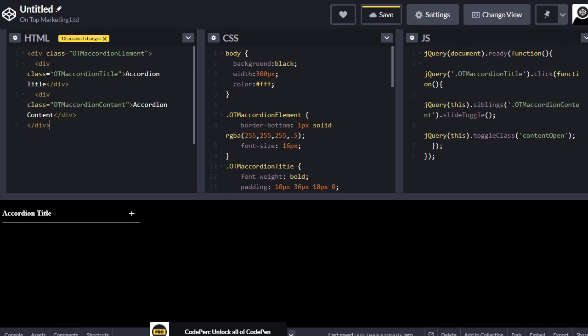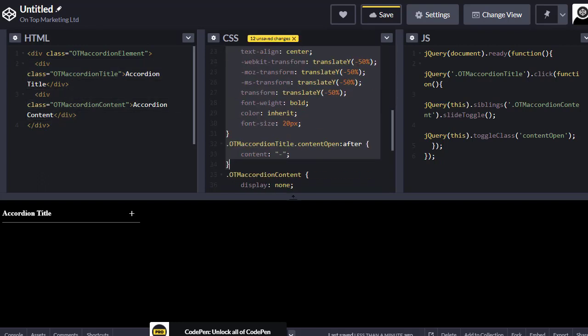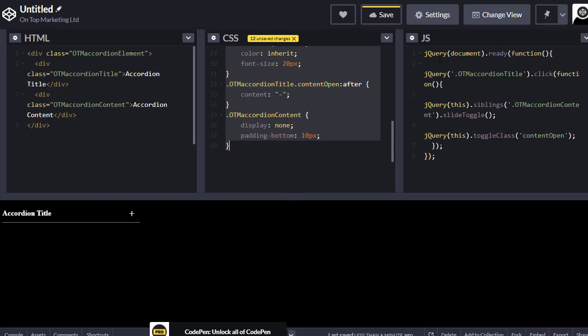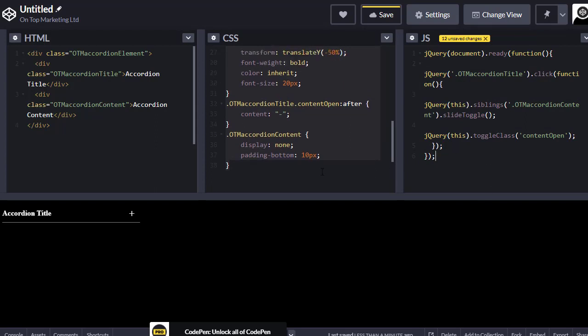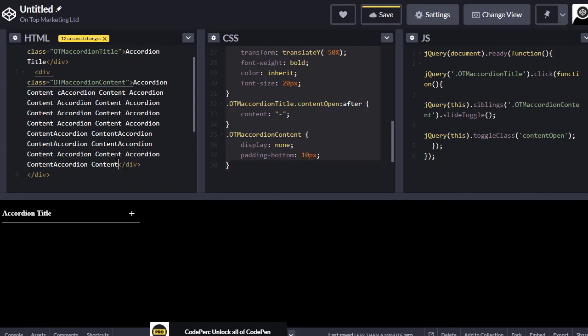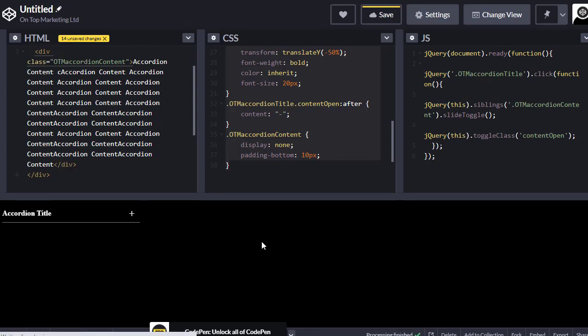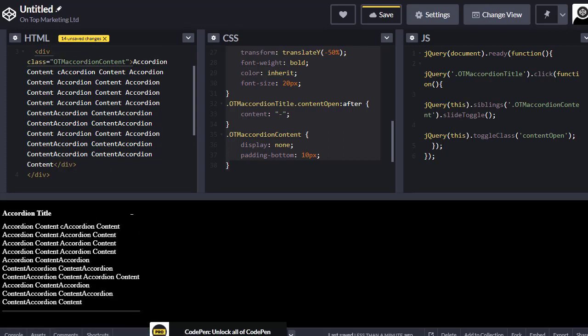So as you can see right here, there's basically a wrapping div that goes around the whole thing, and then there's a wrapping div around the title and a wrapping div around the content, and then basically this all styles it right here. And then you've got the jQuery right here that makes it actually happen. So obviously you've got to load in jQuery to your website as well. And then what happens is when you click on this, it does this. So, you know, if you was to put a bunch of content in here, then what would happen is when that updates, when you click on that, you'd have all that content in there